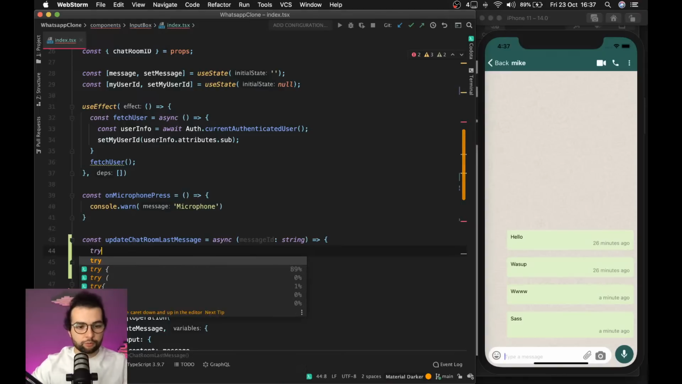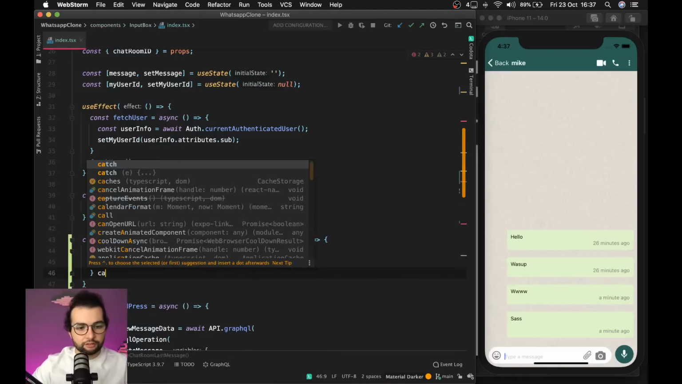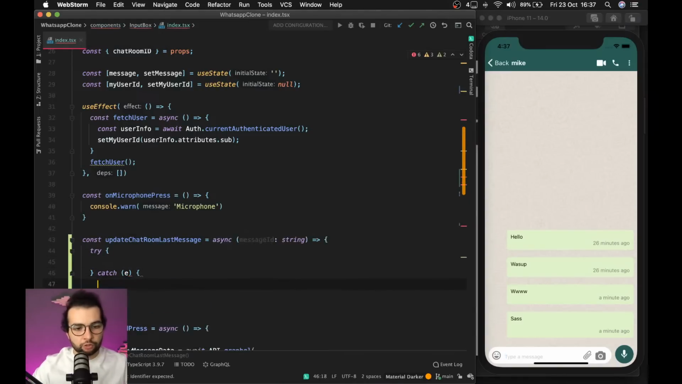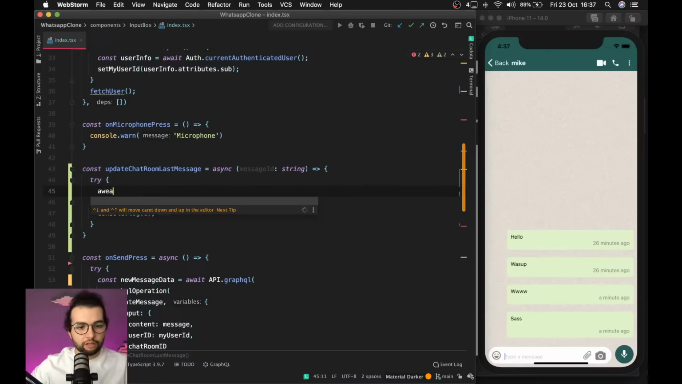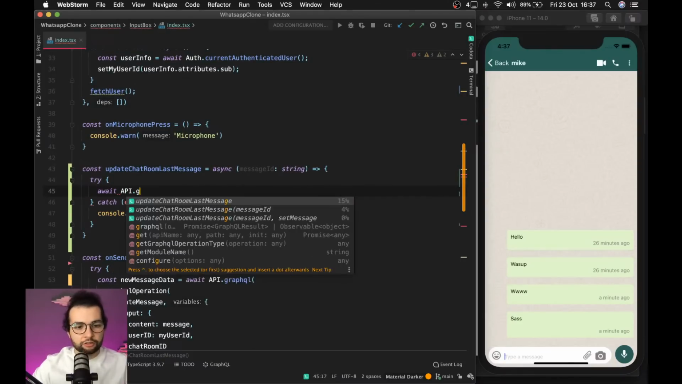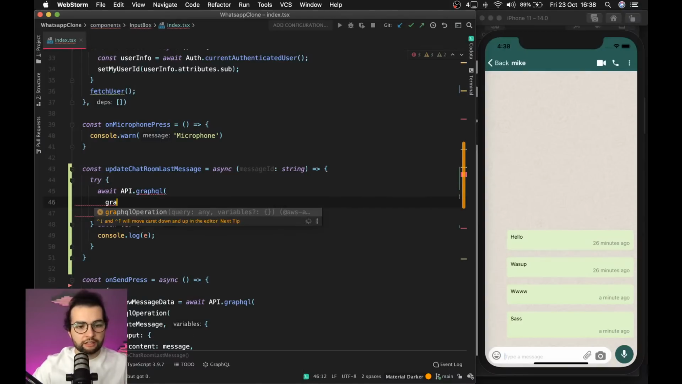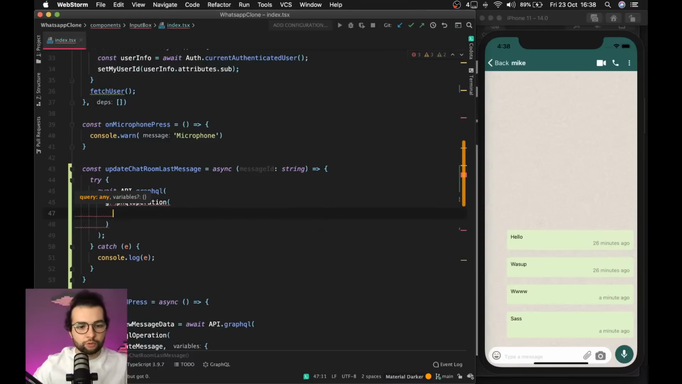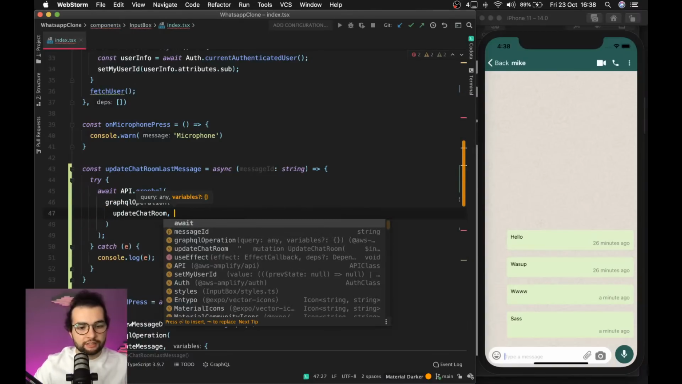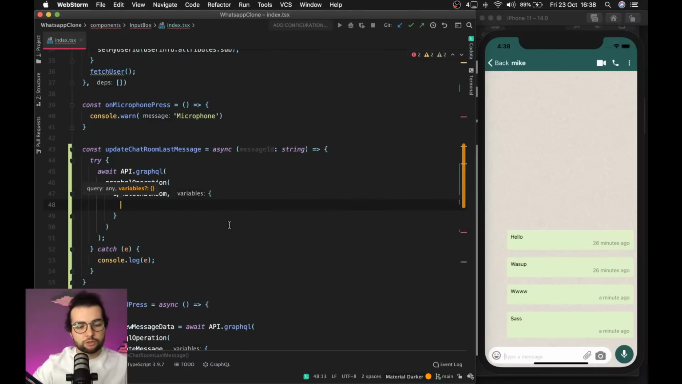So yeah, let's put the call in a try catch, because we are doing a network request and we never know what might happen. Console log error, and here await API.graphql, and we send a GraphQL operation. And what operation? We send updateChatRoom, and it needs variables. Variables will have an input,